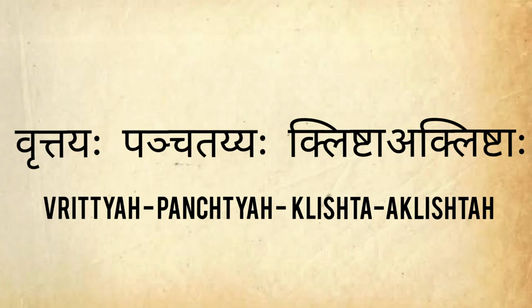So this is the explanation of Patanjali Yoga Sutra 1.5, where he's basically drawing a classification for us and allowing us to have an overview of what is to come ahead and how he will be explaining the 5 types of thought waves. So I hope this has helped you to understand Patanjali Yoga Sutra 1.5, and if you're giving the QCI exam or any yoga examination, you will need explanations of Patanjali Yoga Sutras to guide you through all of the yogic theory. So I hope this has been helpful for you, and once again, Patanjali Yoga Sutra 1.5 is Vritteyaha Panchatayah Klishta Aklishtaha.